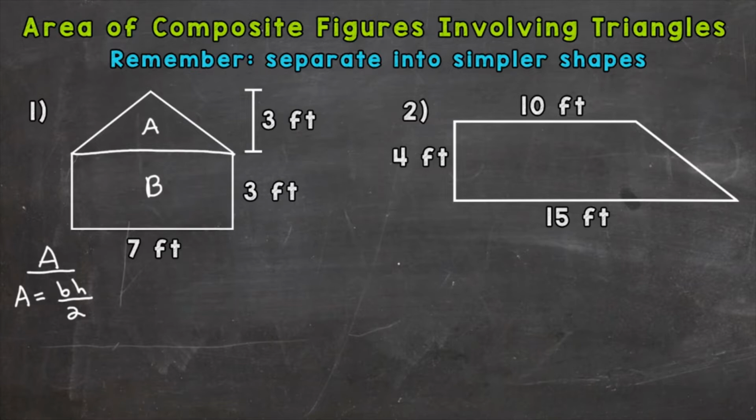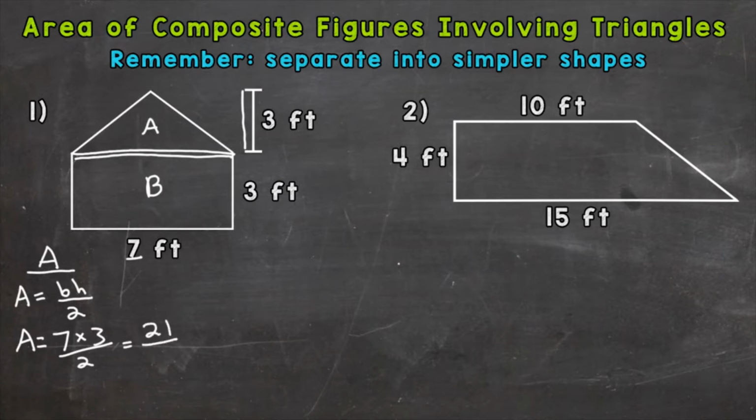Let's plug in. The base of A is 7 feet times the height of 3 feet, divided by 2. That gives us 21 divided by 2, so area equals 10.5